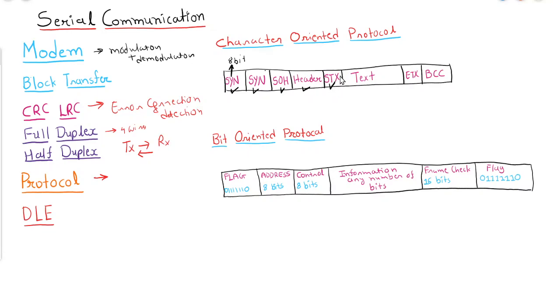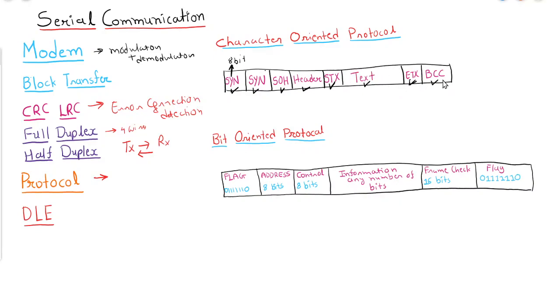As soon as the receiver receives this character, it will come to know that whatever data is coming after this 8-bit character will be actual data. So after STX, meaning starting of text, there will be the actual text data, and after the completion of text there will be ETX, meaning end of text. Once the text data is over, there will be the last BCC. What is BCC? It is the block check character. This element is used to verify whether data is properly received by the receiver or not.